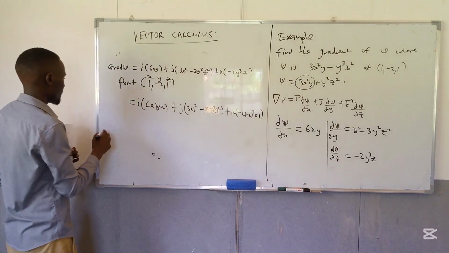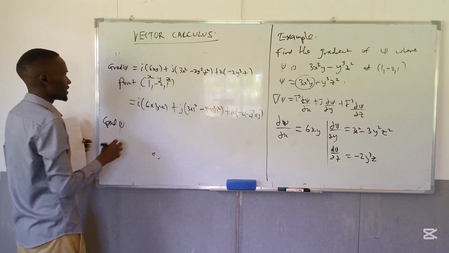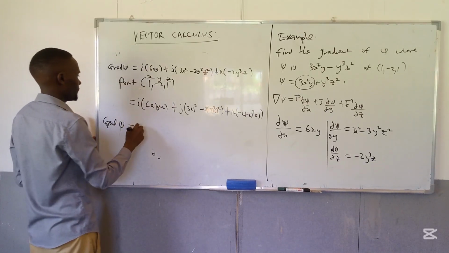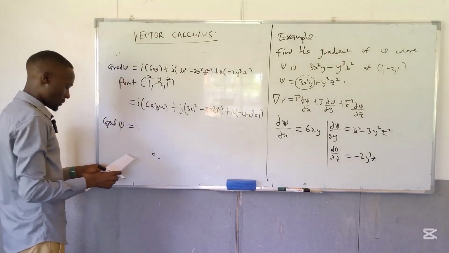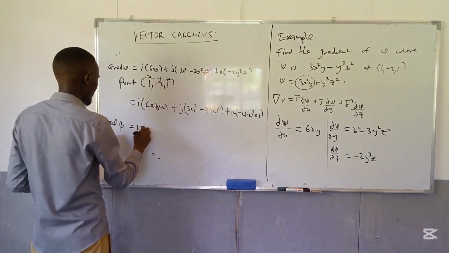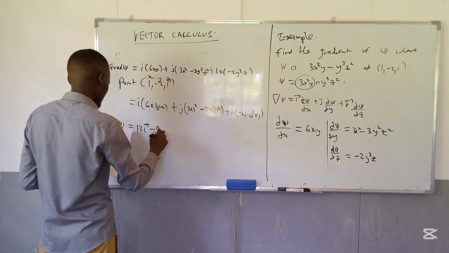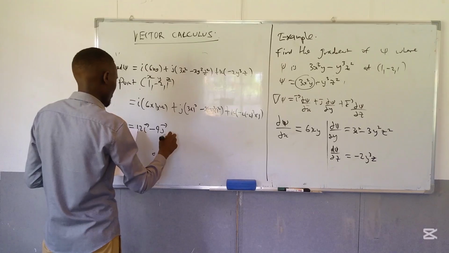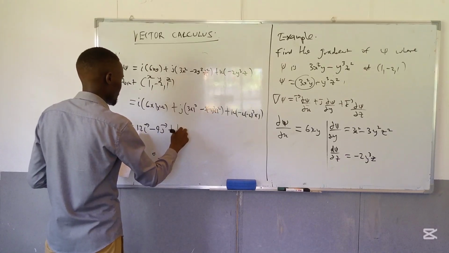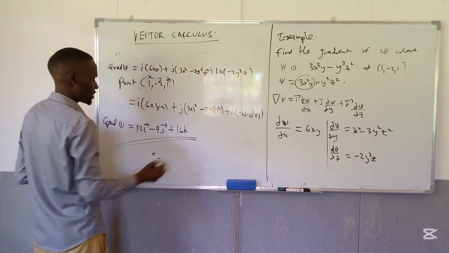Remember, we shall end up getting our final answer as 12i minus 9j plus 16k. This is the value for the